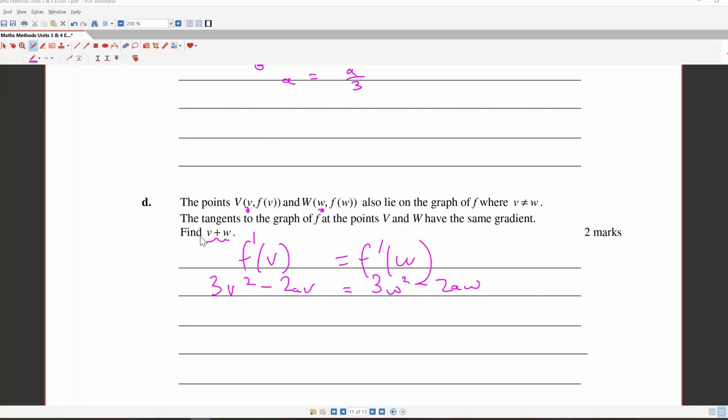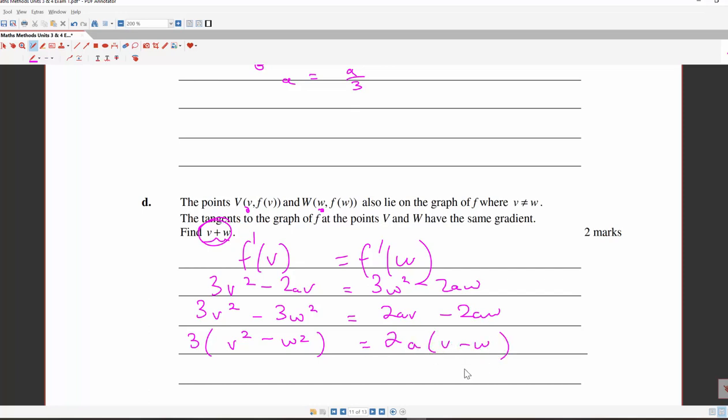All right, so looking at what we're trying to do, we're trying to find out v plus w. So that means that instead of making either v or w the subject, we need to make v plus w the subject. It'll take a little bit of manipulation, but I'm going to write this as 3v squared take away 3w squared equals 2av take away 2aw. Then I'm going to take 3 out as a common factor, which is v squared take away w squared, 2a